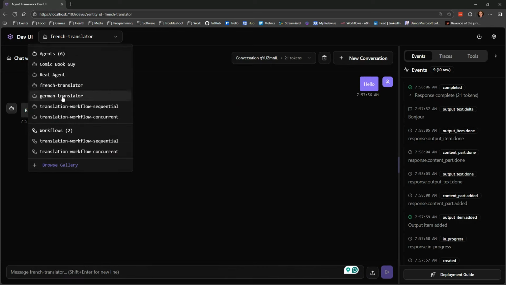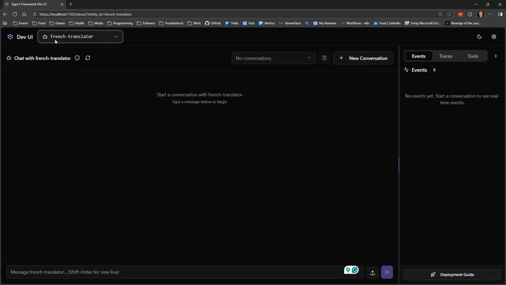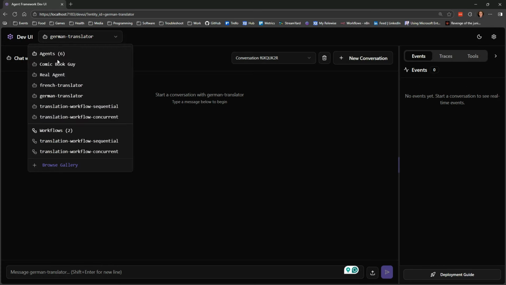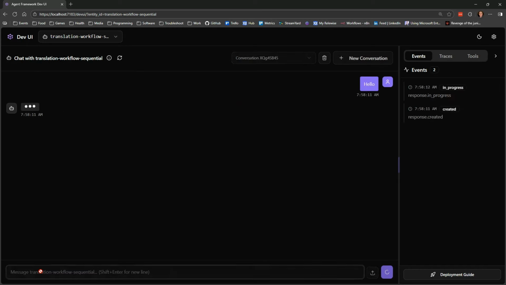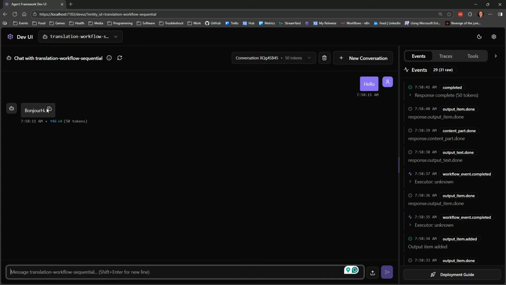So up here, the four here is not really interesting, because those are just dumb agents. And again, if I take one of these and say hello, it will just say hello, and then just after that say bonjour and hello in German. I think there might be some issues with using the workflows as GUI here, because they just come back in one go.